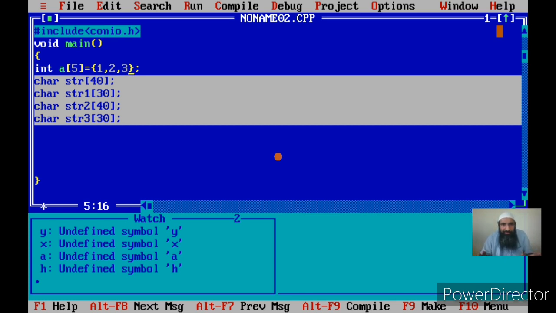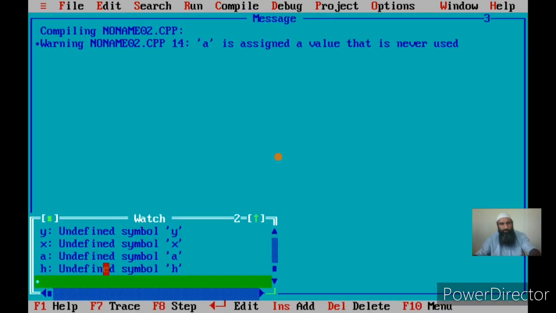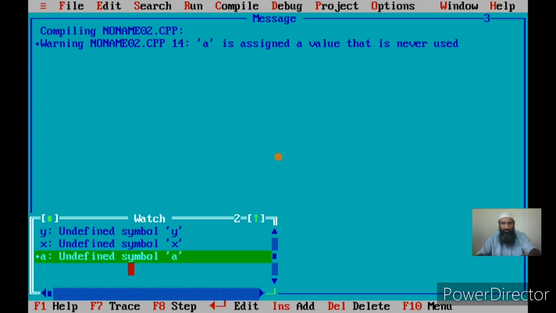I don't think you will have doubt in it, but we can give a lesser number of values in its initialization. Let us try to watch it, and I think that way it will be clear. First I go to the watch window. Let me remove all these because this was the previous program.